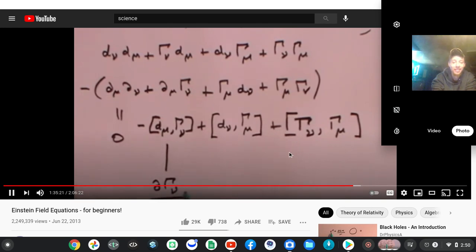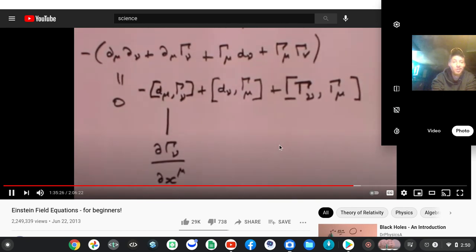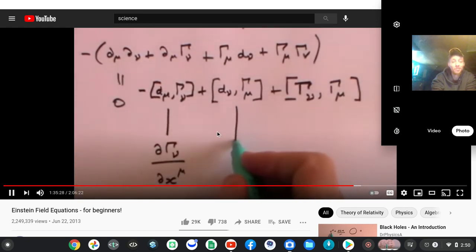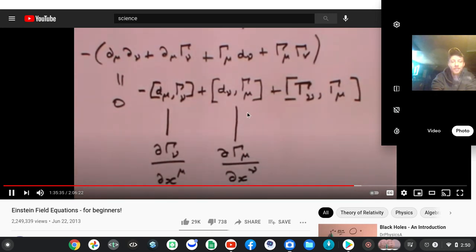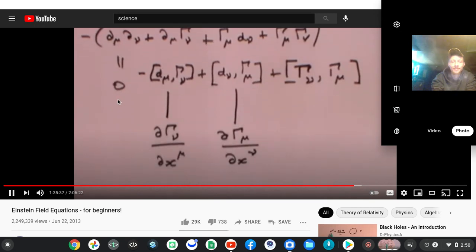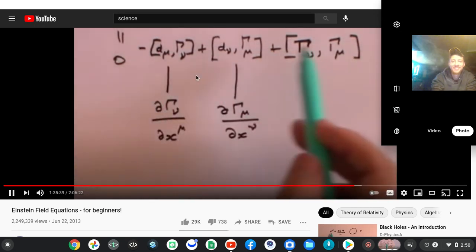If you have a function that equals the derivative of the gamma term with respect to x mu, and the derivative of the gamma term with respect to x nu, and this entire term